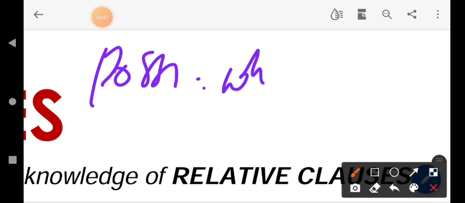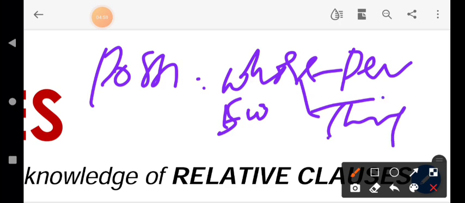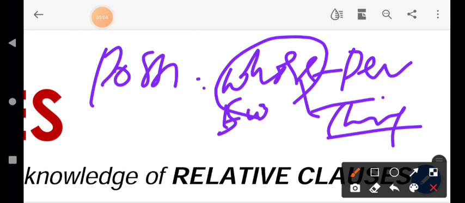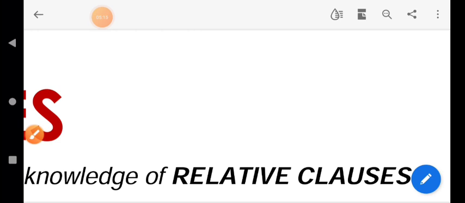But in the possessive case, my dear students, we use the relative pronoun whose for a person, and for things also. For things or objects, we use whose too. Whose means possessive, having, own. This table, this primary knowledge, we should understand. Then only can we write the correct answer. We select the right, appropriate answer, my dear students. This is the primary knowledge regarding relative pronouns.